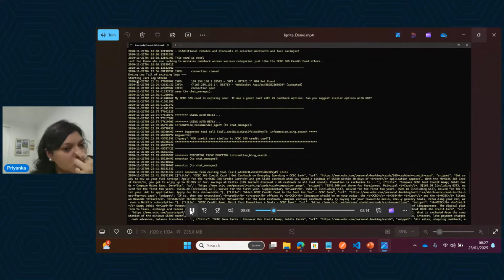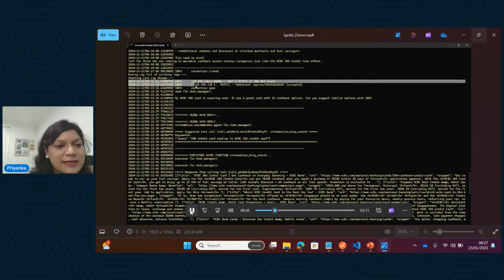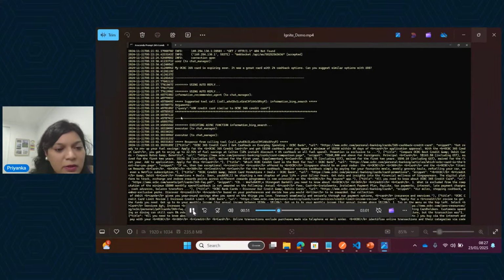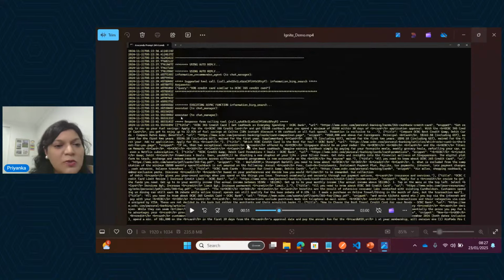So we'll go to the logs now, right? And you will see that the connection has been accepted. The connection is open. This is my query. I'm printing out my query. And perfect. Now you will see here, once my query is passed on to the AutoGen framework,